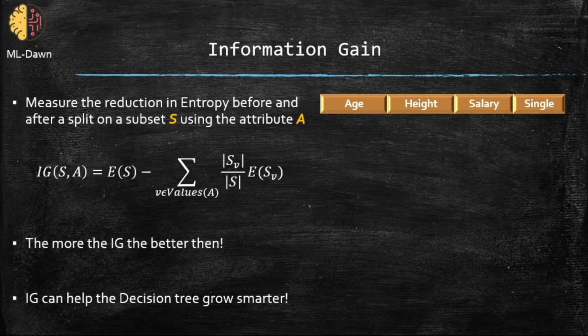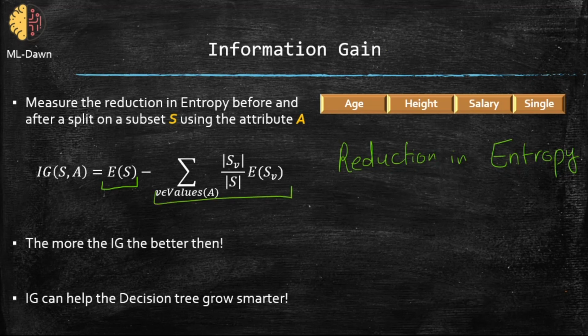So the information gain, in plain English, is a quantitative method to measure the reduction in entropy. And how do we do that? We take the entropy that I have right now, which is E of S, and the weighted average of the entropy after the split,